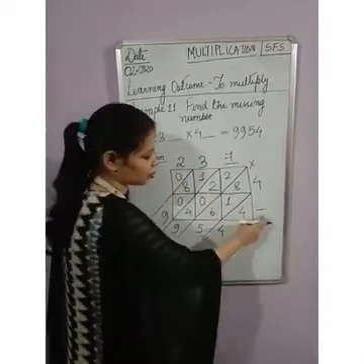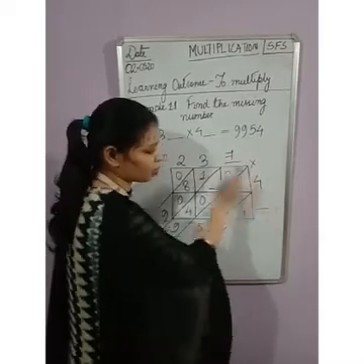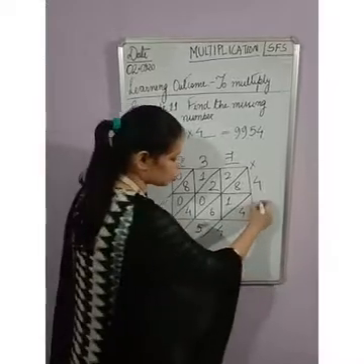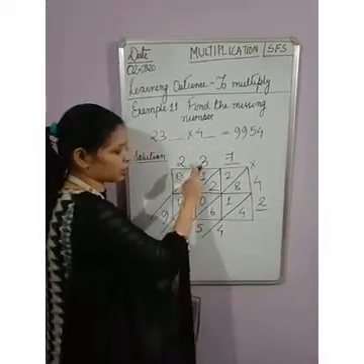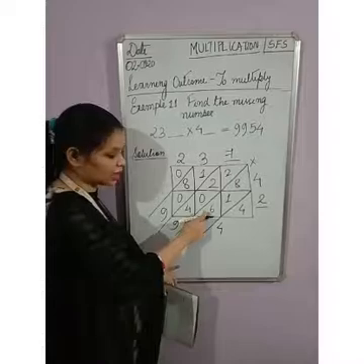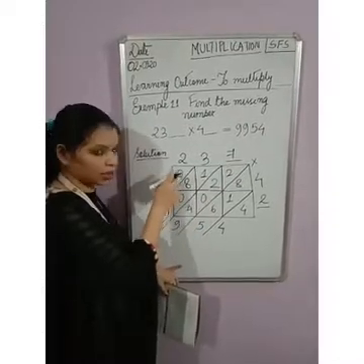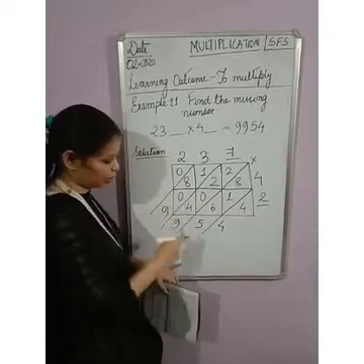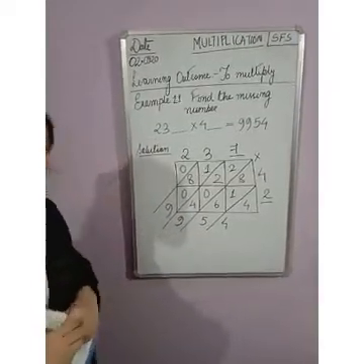Okay, now we come to the next number. 7 times what will we multiply here so that you get 14? So what is the number? 2. 7 twos are 14. 3 twos are 6. Since it is a one digit number, we are putting a 0 here. Similarly here also, and 2 fours are 8, 0 will come here. Now let me cross check whether the answer is correct or not.